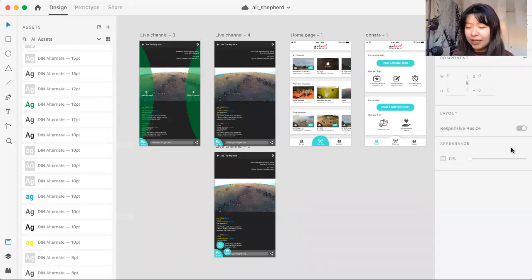Now it's finally the time to take a look at the prototype mode. Yay! So in the prototype mode, we'll learn how to connect existing screens with different types of interactions and animations. So when I go to the prototype mode, which is on the top left corner,